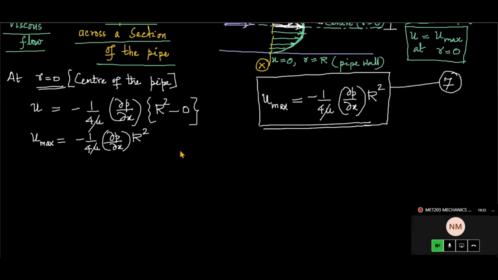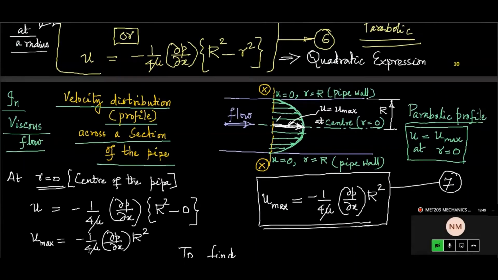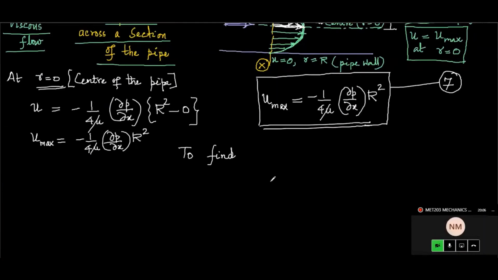So the next is, what is the average velocity? In order to answer some of the questions, we require the average velocity of flow, because even if you consider a section, the velocity at different radii are different. So what will be the average in this case? If you want, for calculation purposes, one velocity for a section, then we use the average velocity of flow. Usually when you talk about discharge, Q is equal to A1 V1 and so on for incompressible flow, then that velocity is the average velocity.